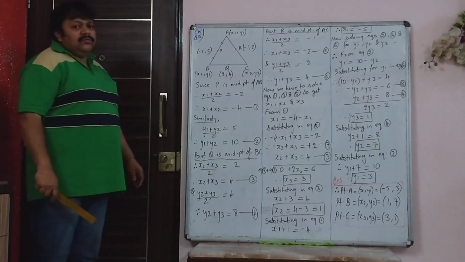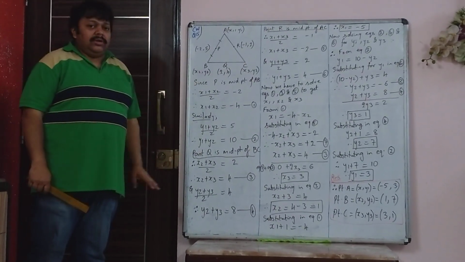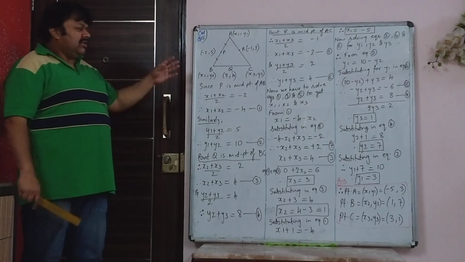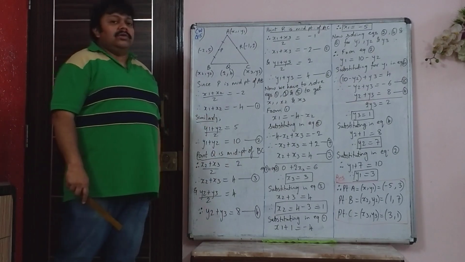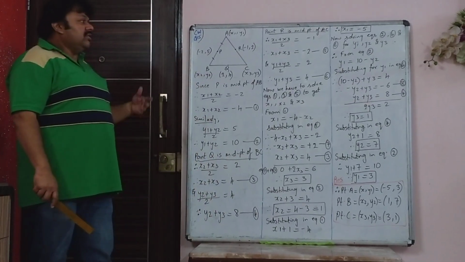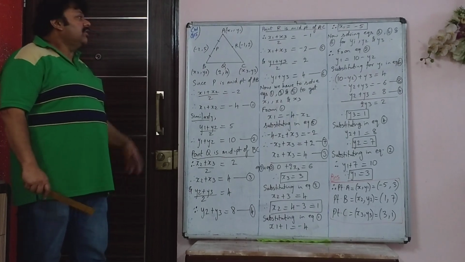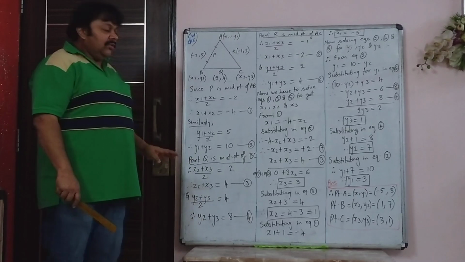So now question 15. See, generally in the board, this has never been asked in the board exam, and I assume it will never be asked in the board exam, but because it's extremely lengthy, you have to make 6 equations and find the 6 unknowns. It is generally not asked in any class or school test, but it is there in one of the textbooks, so I have included it. It's a very simple sum, but it is lengthy.